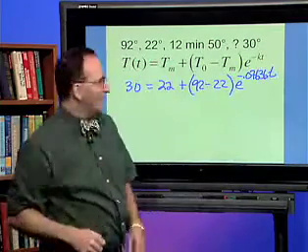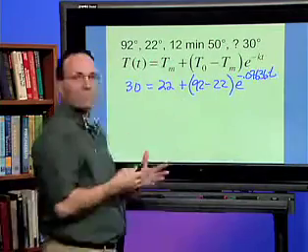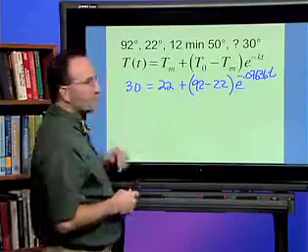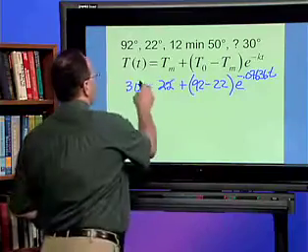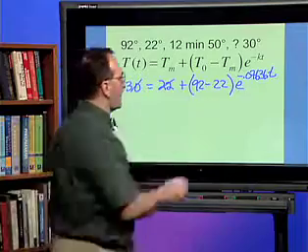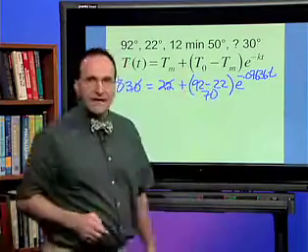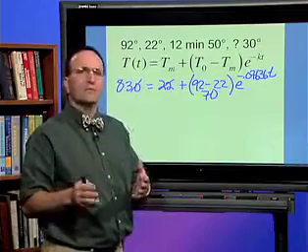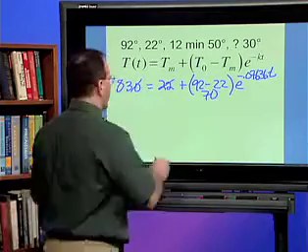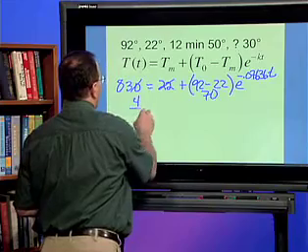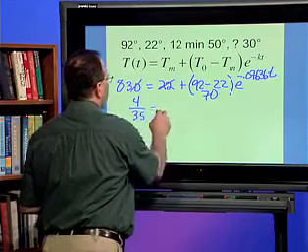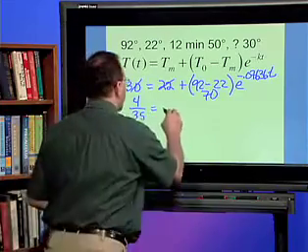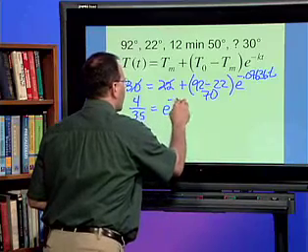t. All righty. So now, same process. Subtract 22 from both sides. We have 8 over here. 92 minus 22 still remains at 70. Divide both sides by 70, and we can reduce that fraction a little bit. It becomes 4/35. So 4 over 35 equals e raised to the negative 0.07636